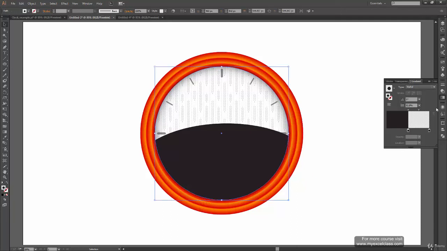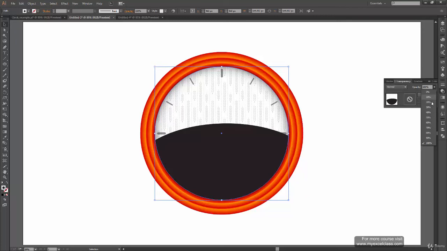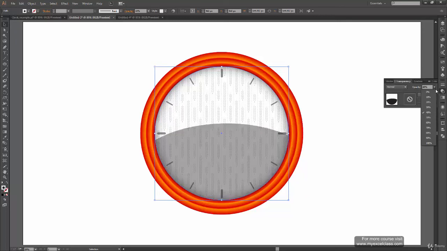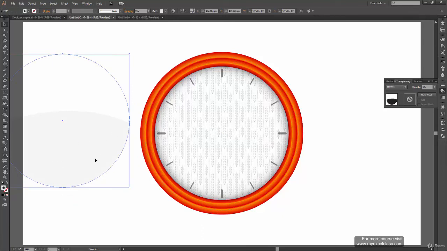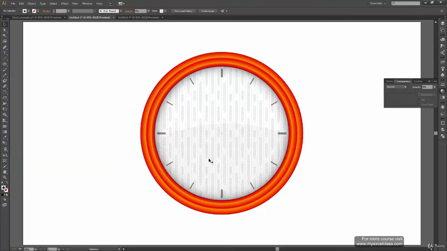Now let's reduce the overall transparency of the object. Make it 40, it's I think too high. Make it 10. 10 is too much, so let's make it just 7 or 5%, so that it is visible, but still it gives us a feel that yes, it is reflecting something. There's a top and there's a bottom part, and this is a glass kind of feel. So this is the object which we have created, and you can see that just by using the gradient options or the radial gradient, how nice results we can achieve.